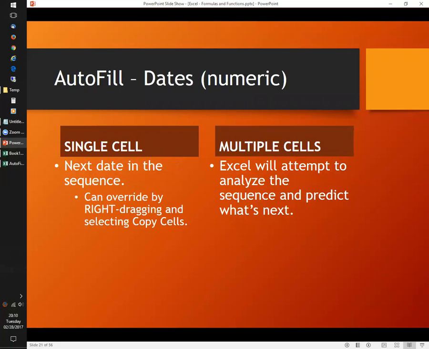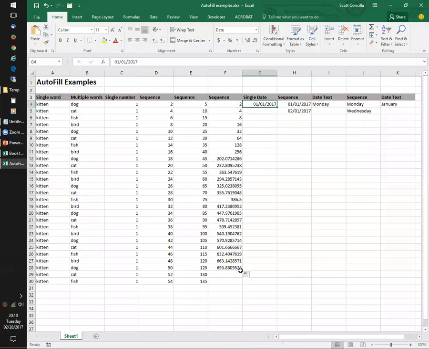Now, let's talk about dates, because dates are a little weird. Dates technically are a type of numeric value, but they're treated differently when it comes to autofill. Let's take a look at this. In this cell here, I've got a single date. It's